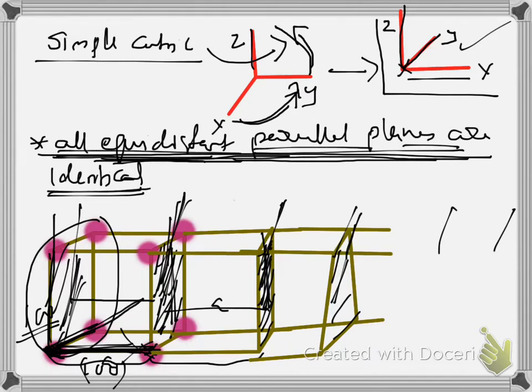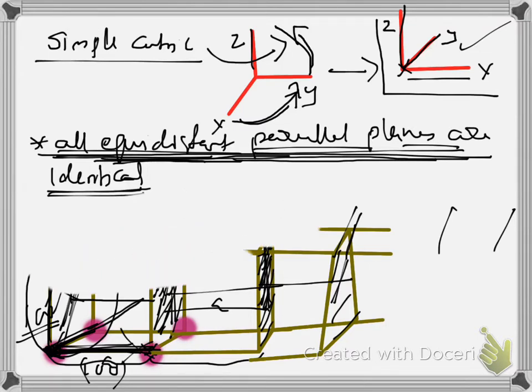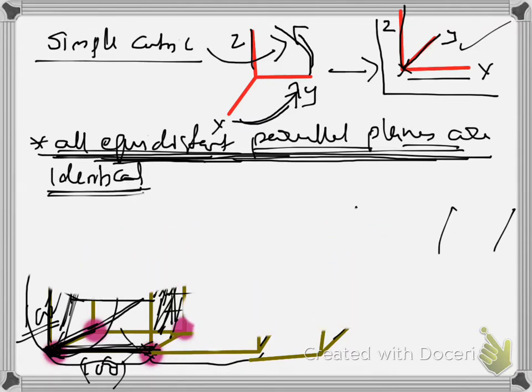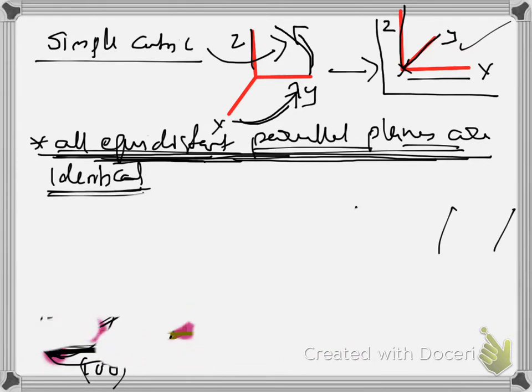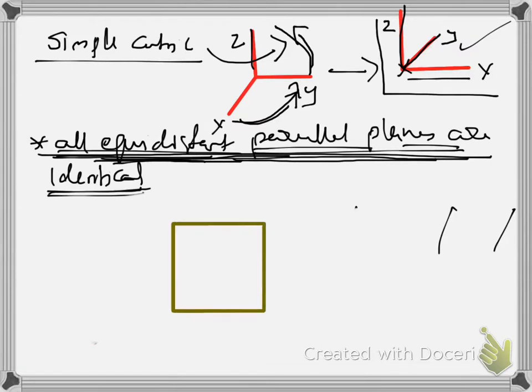So these and these planes are equidistant parallel and they are 1 0 0. Then at the same distance, this plane is also 1 0 0, no doubt. In examination, you don't have to go to this much complicated picture. You have to draw only one picture, one cube. Just a single cube is sufficient to draw.